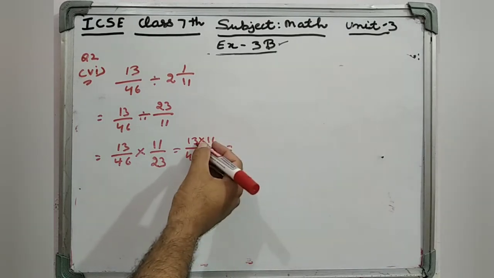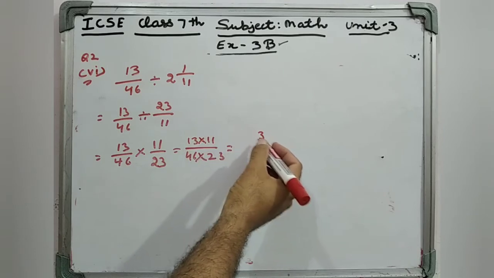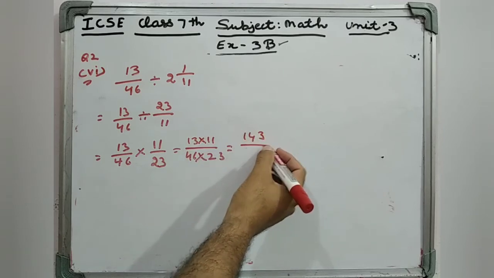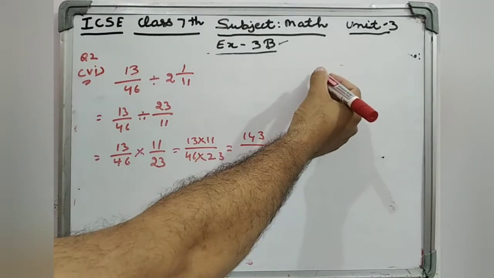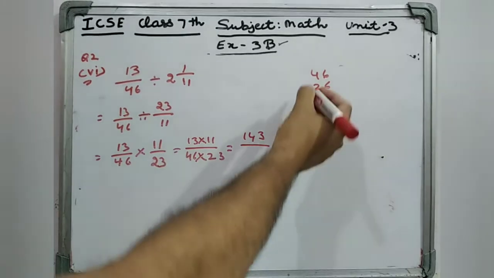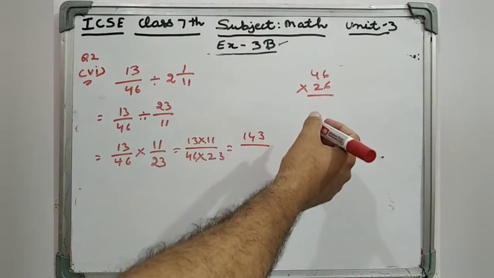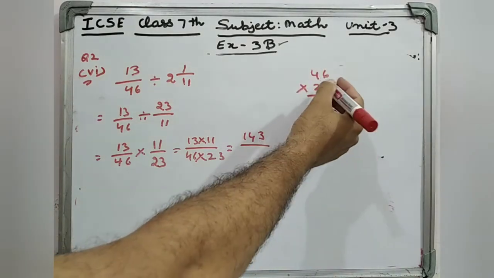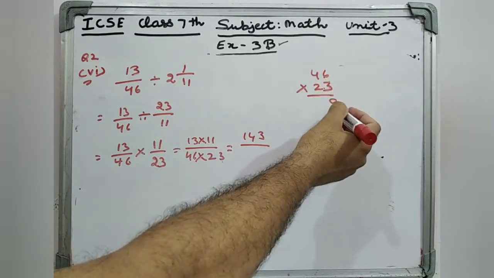Now 11 threes are 33, 11 ones are 11, plus 3, that is 14. Right, if you want to learn Vedic math, see our video on competitive examination math. You can do it in a simple way. This is 23 here. Right, 3 sixes are 18.